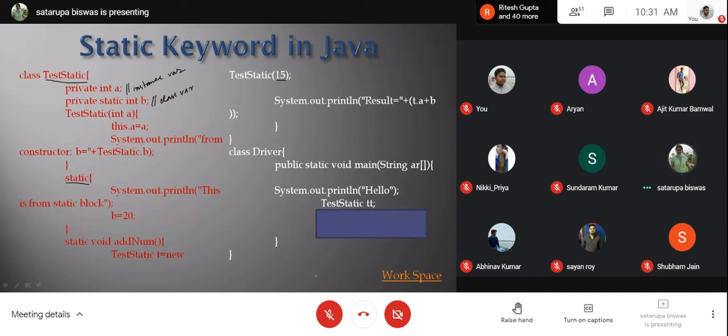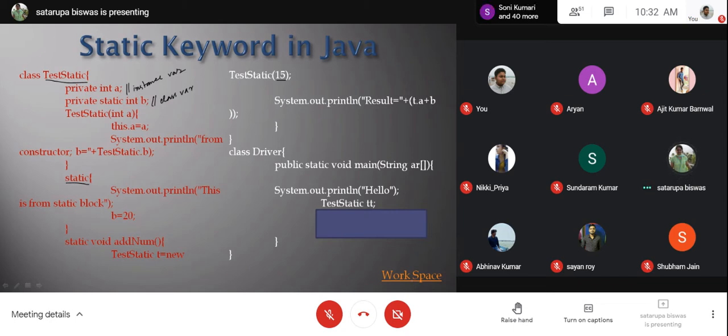Any answer from your side? What will be the output of this code? If you execute this code, what will be the output? No idea. So nothing will be printed. Am I right?